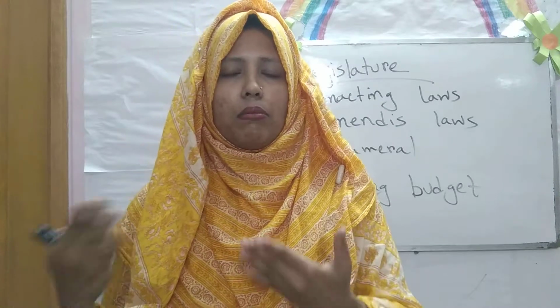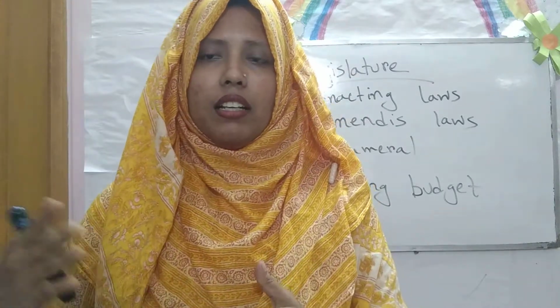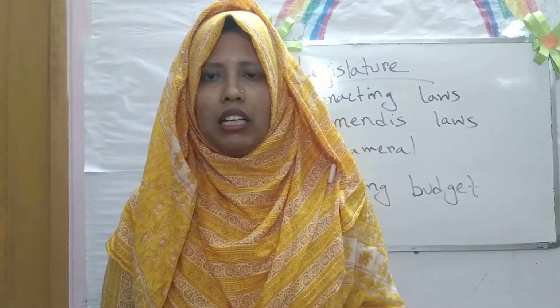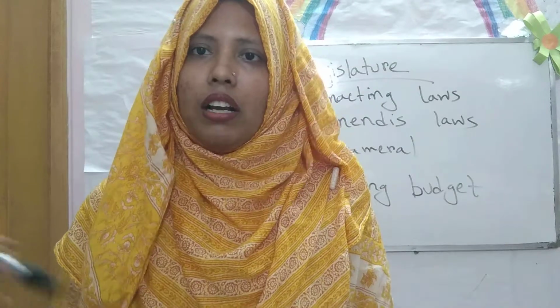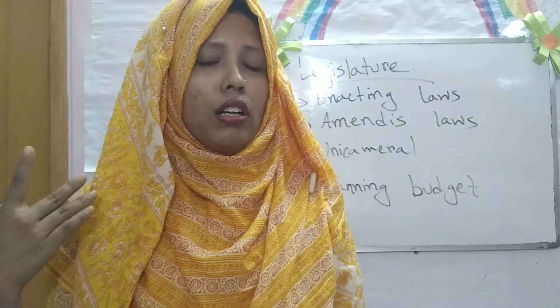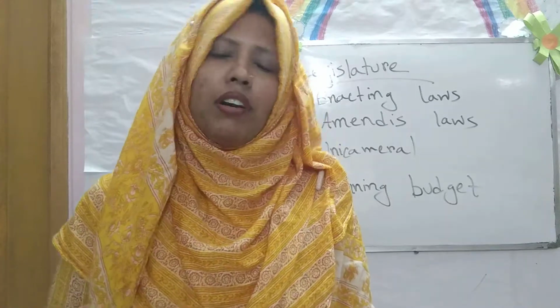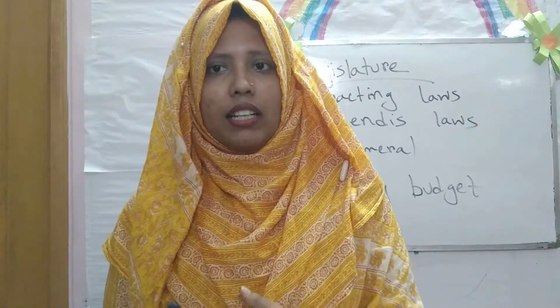Here, different types of election are present in different countries. In Bangladesh, our members of parliament or members of the legislature are elected by the indirect vote of the general people. We learned about the election in our previous classes, how our members of parliament are elected. The name of the legislature of Bangladesh is the Parliament or Jatiyo Sangsad, the National Parliament or Jatiyo Sangsad.